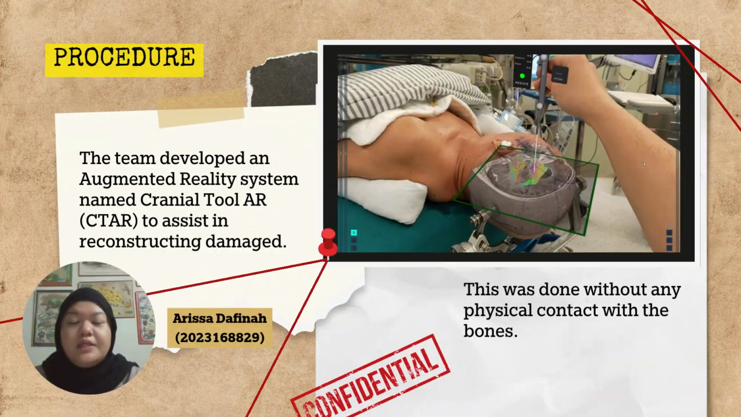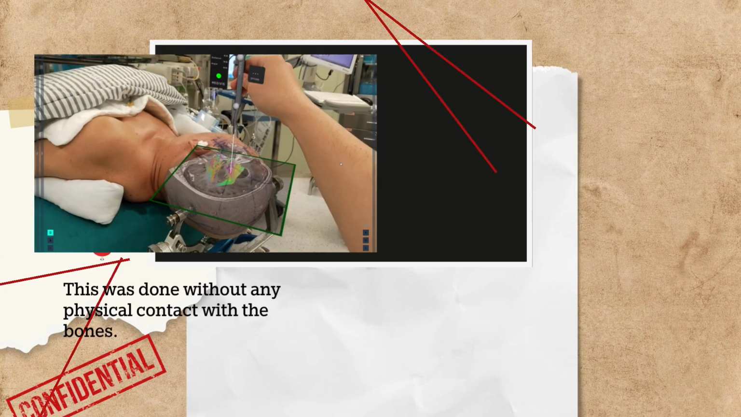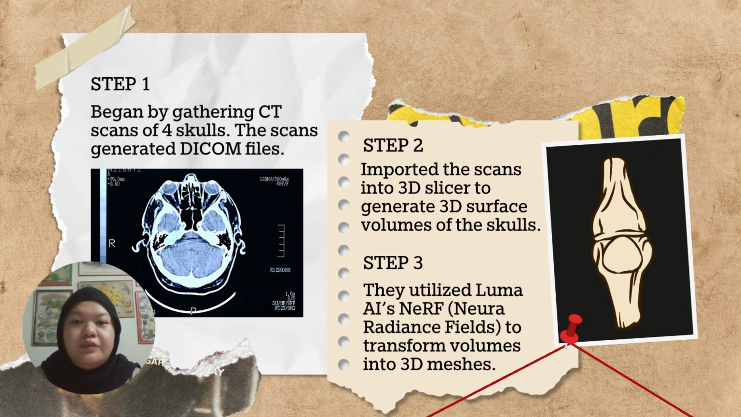So the team developed an augmented reality system named Cranial Tool AR, or CTAR, utilizing Microsoft HoloLens and Unreal Engine to assist in reconstructing damaged craniofacial remains. So the procedure started